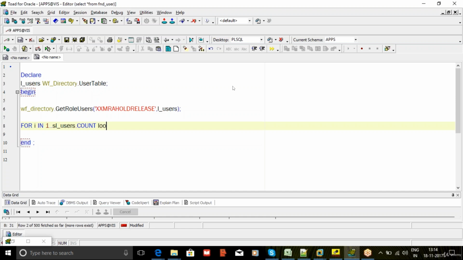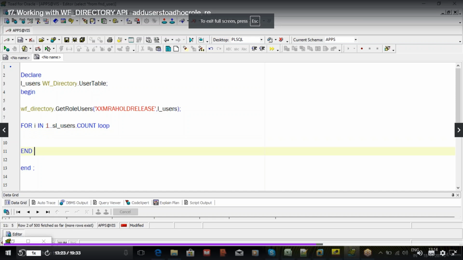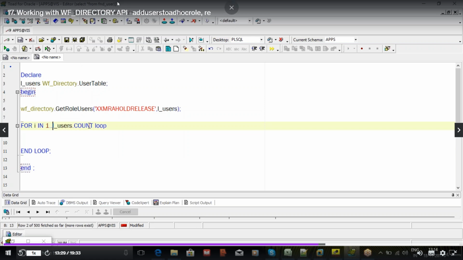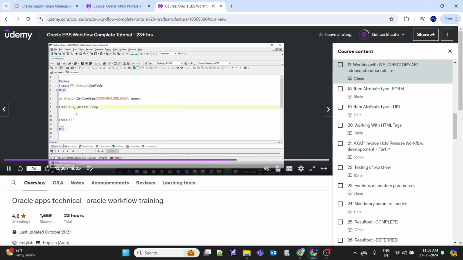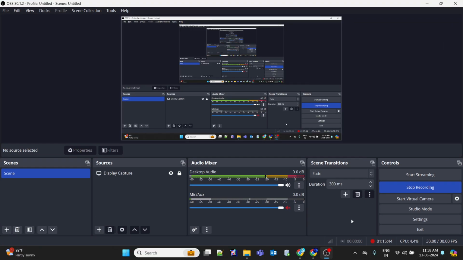That means what it will do, from the first index onwards to last index, it will repeat. Here L underscore, you can write in many ways. Here first last also you can use, you can use last also. Here L underscore user